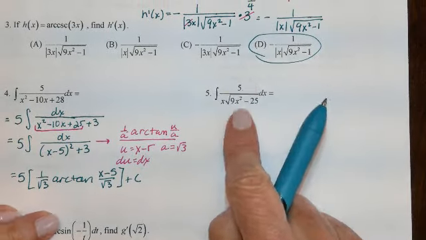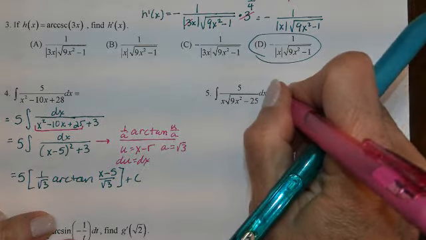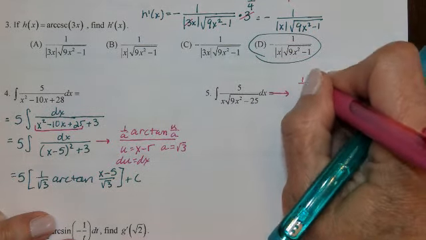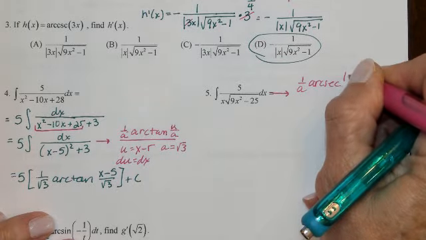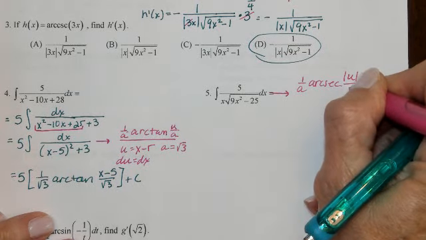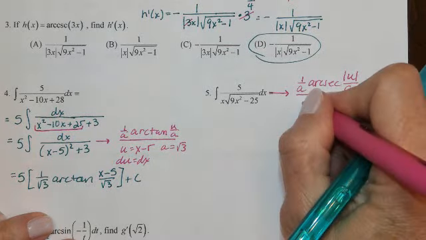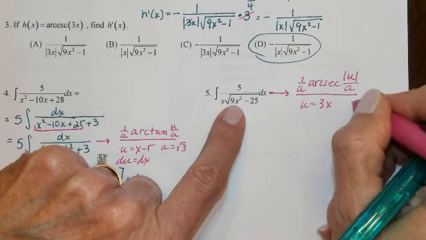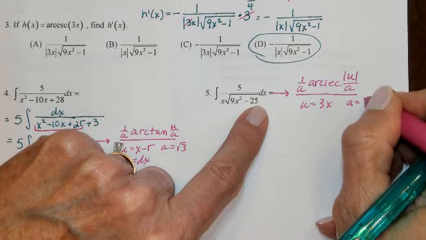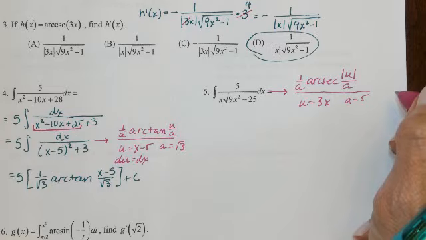Number 5. Recognize this is arcsecant, so we're going to come off to the side, do an arcsecant. Arcsecant has 1 over a, and it gets a bonus. It gets the absolute value of u with the over a. Okay? So what is u here? U is going to be 3x. A is going to be 5. Okay? Now,